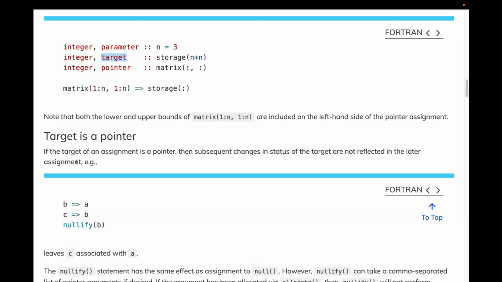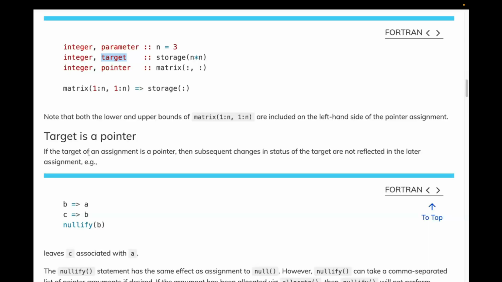Fortran isn't like C, where when we work with pointers, we are working with the actual locations in memory, the addresses. It sort of handles all that for us in the background. We don't have to think about indirection and referencing. We just tell Fortran what we want it to point at, and then we work with it as if we were working with the original